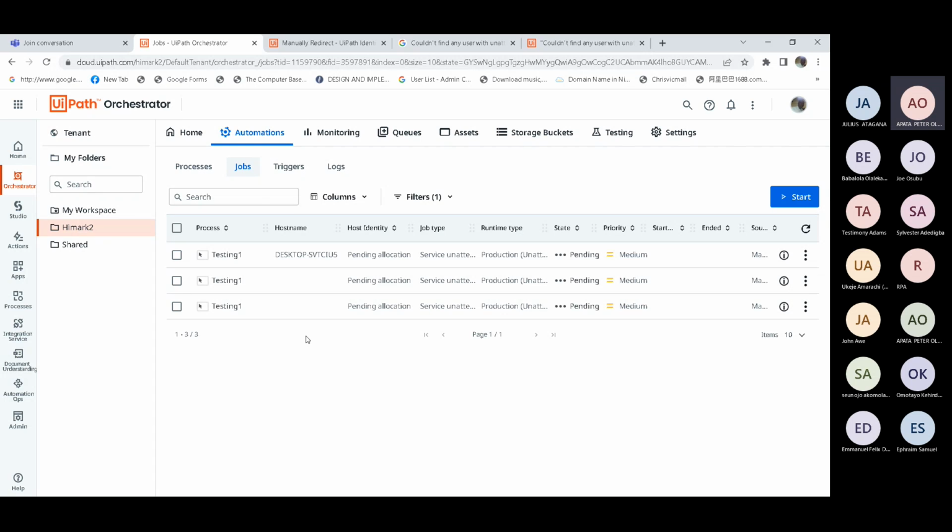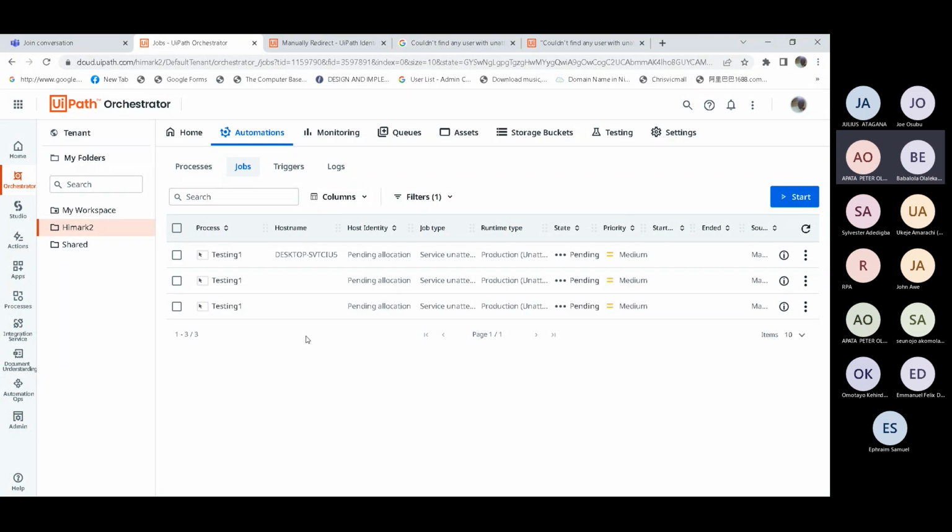No, sir, I don't have that problem. Unattended is covered. The only issue I have is this credential. Okay, credential. I was thinking it's the same question as this. No, sir. I actually enabled my unattended a while ago. Okay, maybe after this class, or tomorrow at your leisure time, you can put me on a call so that we'll look at that issue.